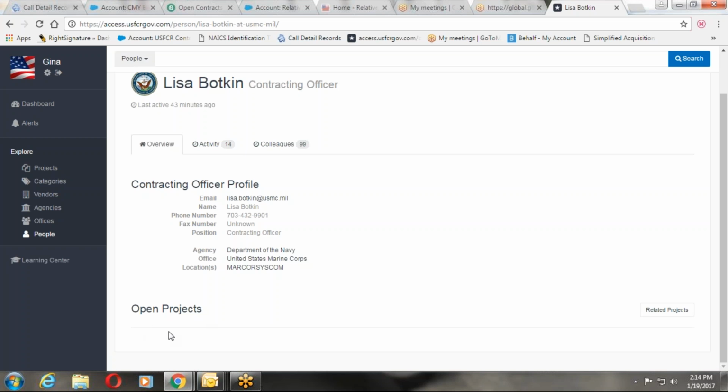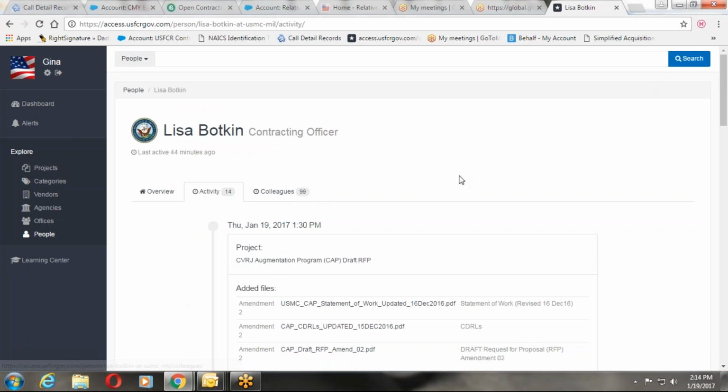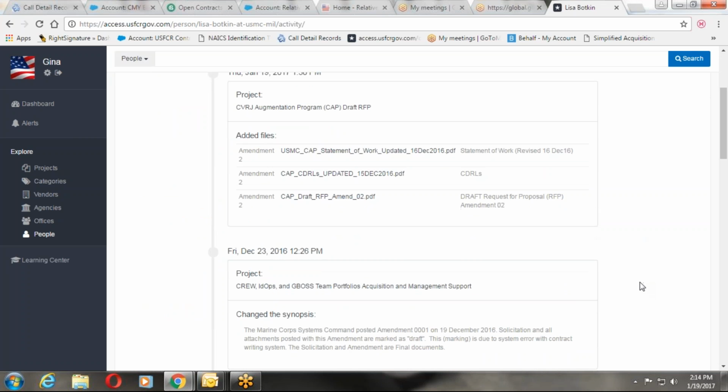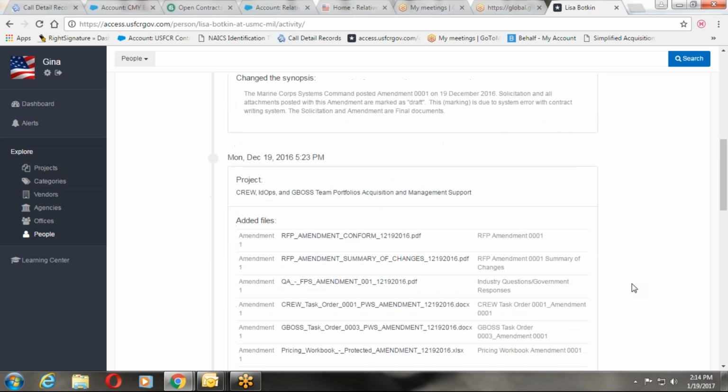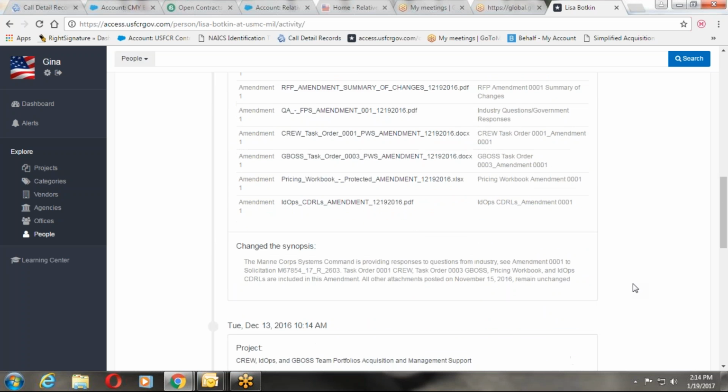So she doesn't have any open projects, so that means that NAICS code isn't for an open project. That means it was somewhere in her past history. This is her history. All right. These are other programs or awards that she's been a part of. She might not have been the lead on it, but she was part of this particular one that had your NAICS code in it. Okay. So you can read through these and find them, or